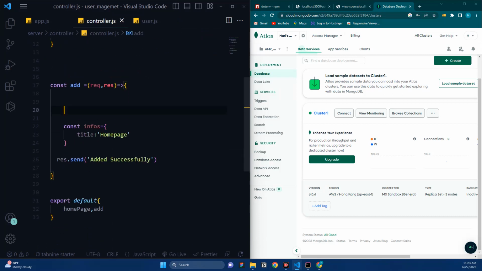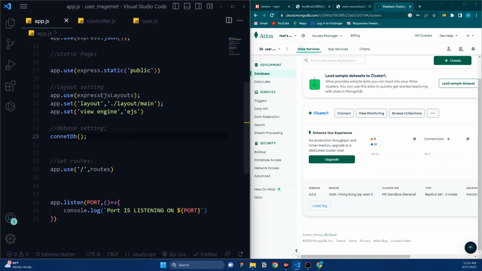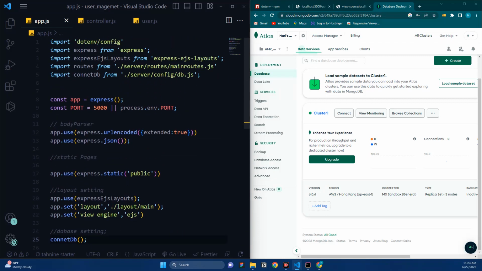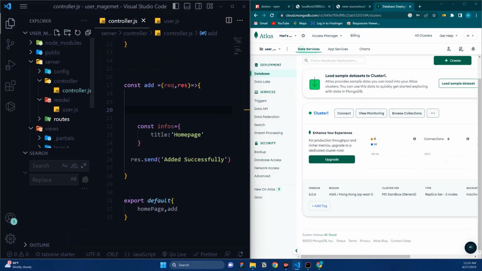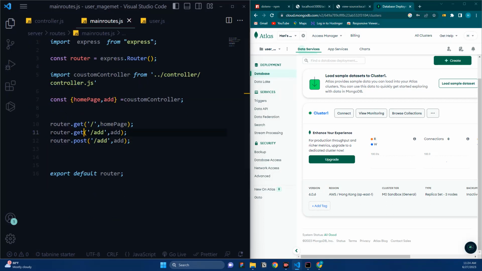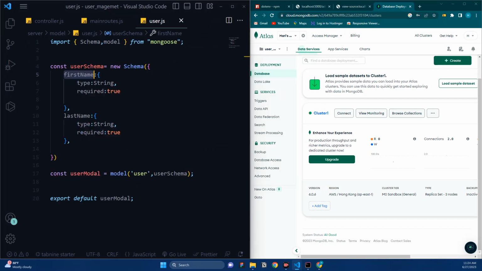So in controller, in add, what can I do is I can say, main route here, main route.js. Okay, router main router.js, and here we are also having the post, and post is also going to use this one only. Okay, so what I'm going to do, if it is going to be a post route, so I'm just going to say,